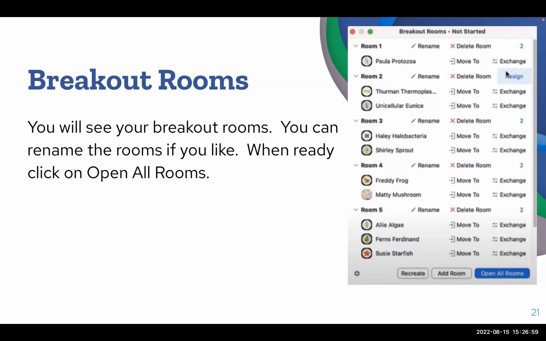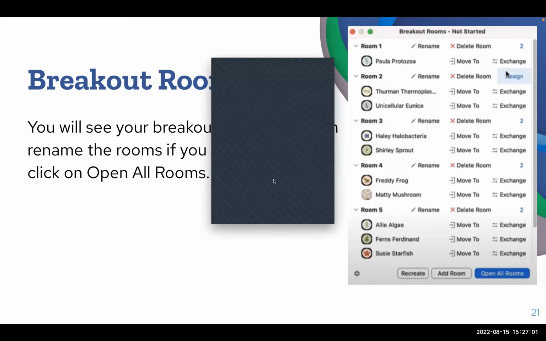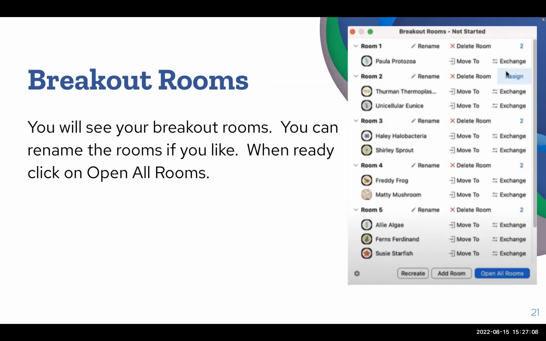Yeah, if you click on, let's say Shirley, oh, Shirley should not be with Haley. So I'm going to click on exchange, and then I can find anybody on my list from room 1 to 5 that I want to switch them for. Because maybe Shirley is a special case and she can't be exchanged with somebody specific. So you want to be very diligent on who you put them with. It's actually really helpful when you have students that don't participate a lot or have specific needs, or you have too many leaders in a group.